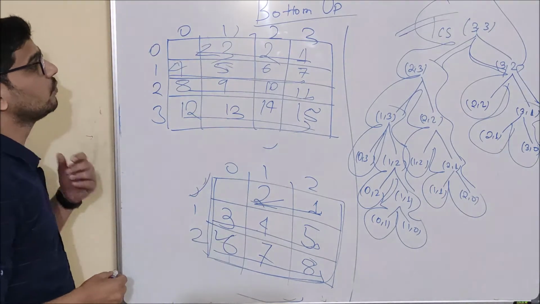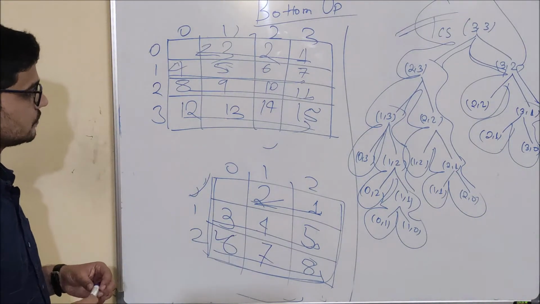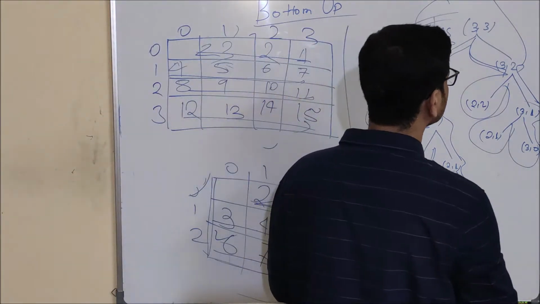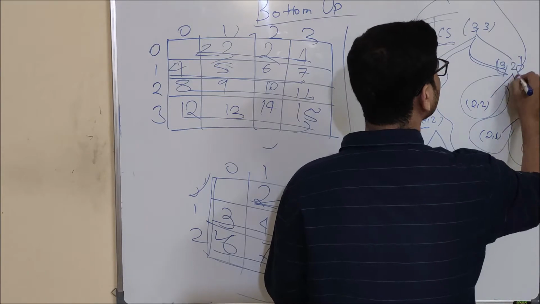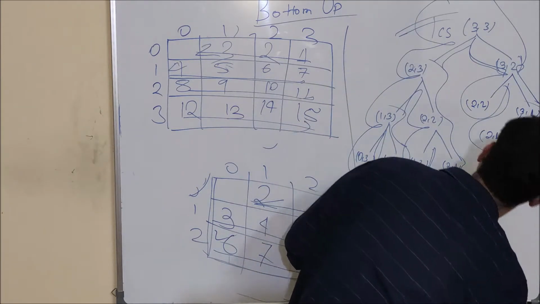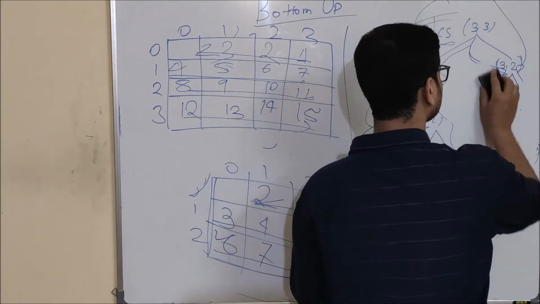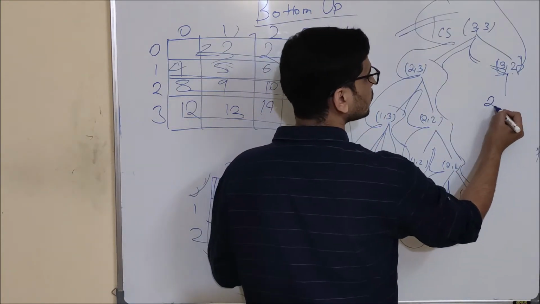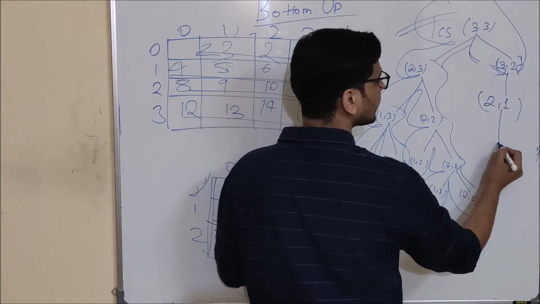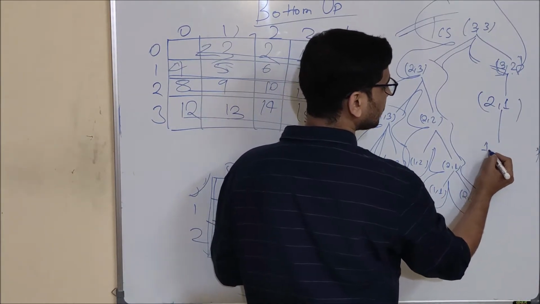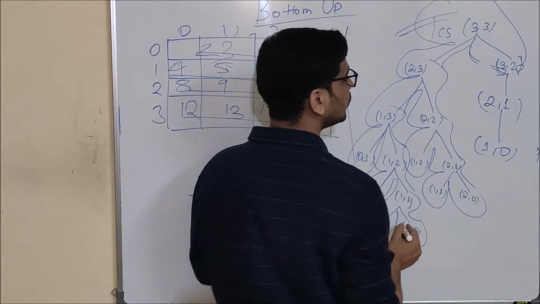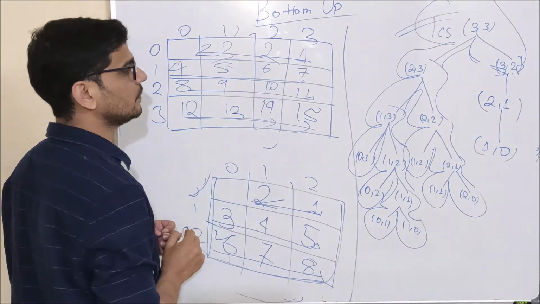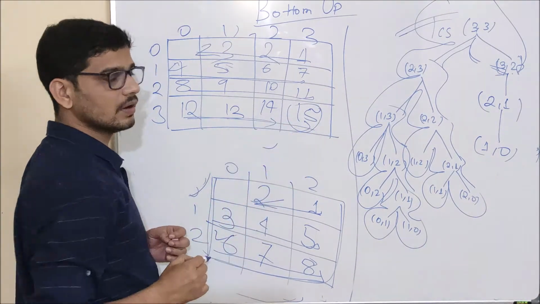And when there is a common character, what is going to happen? Suppose instead of this, these two characters had been the same. It would have called LCS of 2 comma 1. If again the character had been the same, it would have called 1 comma 0. So these values would not have been filled, and we would have come directly here.